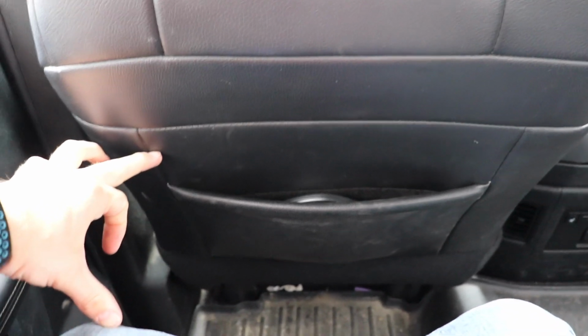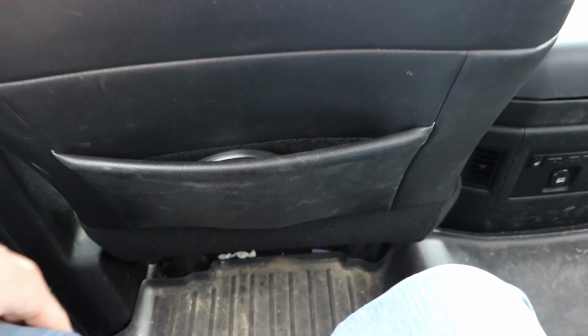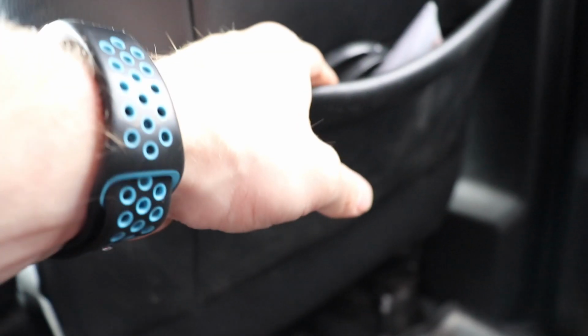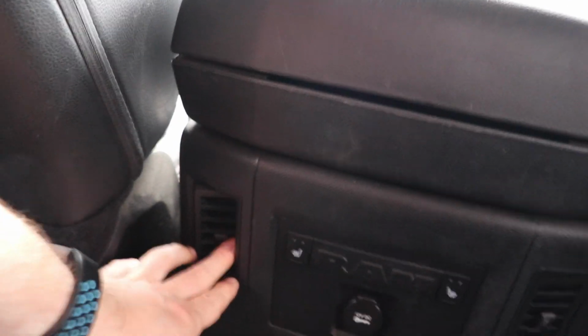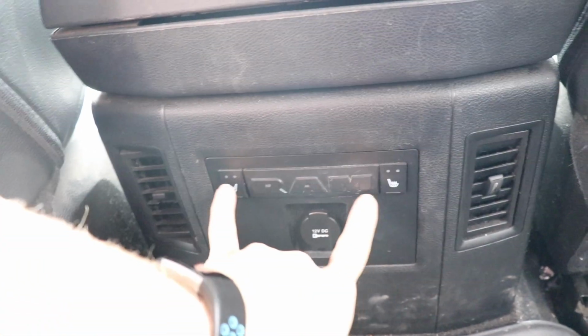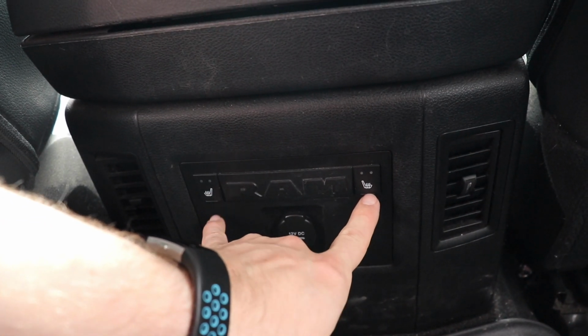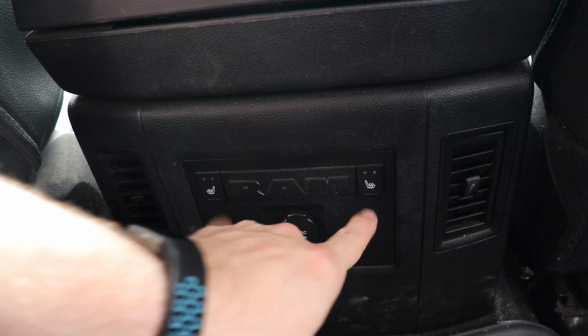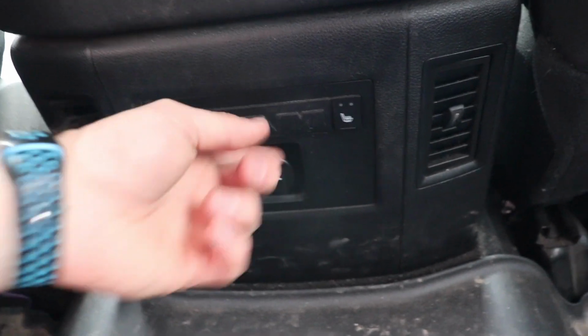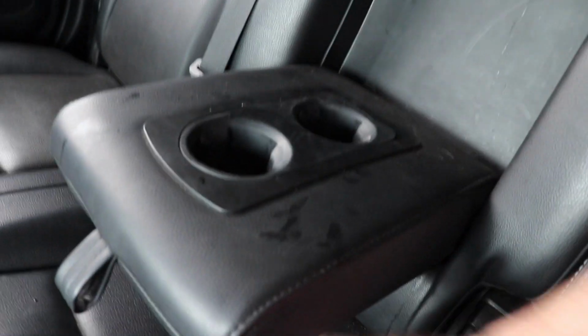Lots of leg room in here. I'd say I have a solid 6 inches of leg room before my knees hit the front seat. You do have storage in the rear of the driver and passenger seat in the form of pouches. Heating and cooling controls for the rear people, or vents I should say, as well as heated seats for the captain's chairs in the back. The middle seat does not have that heated functionality. And then you have a 12-volt outlet right here. Pull this down, 2 cup holders,